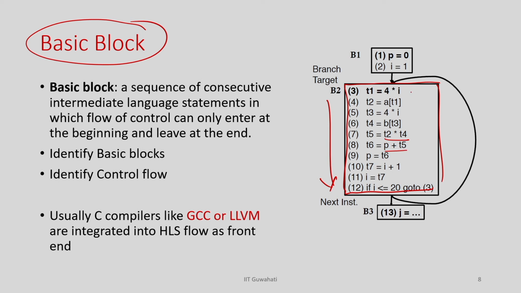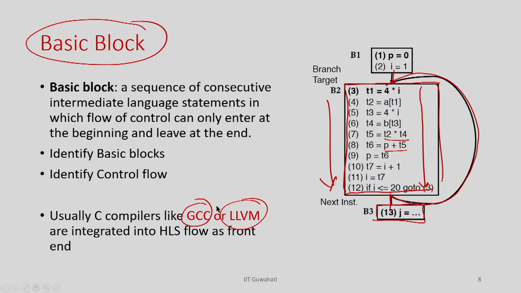So, this code is going to execute top to bottom sequentially, and this is the control flow. After that you will go here, and once this particular condition does not hold, you will go to this basic block and so on. So, the pre-processing steps do all those things, and in the context of high level synthesis, since the high level synthesis tool just integrates one of the existing C compilers, say either GCC or LLVM, we expect that our input is already converted into that 3 address form in terms of basic block representation.